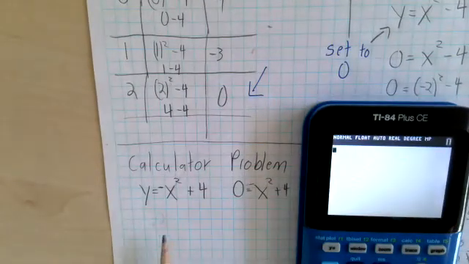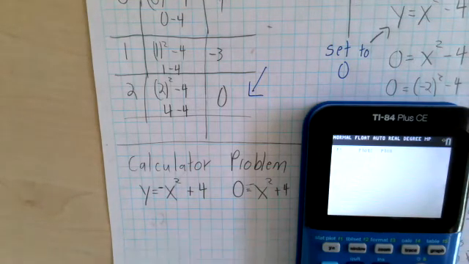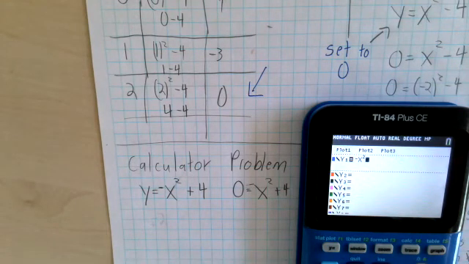We are going to solve, this is what we're going to do in our calculator. Y equals negative x squared plus 4. What is the solution? We're going to graph this on our calculator and figure out the x-intercepts. And really what we're doing is we're setting it to 0. We'll get to that later. So y equals negative x squared